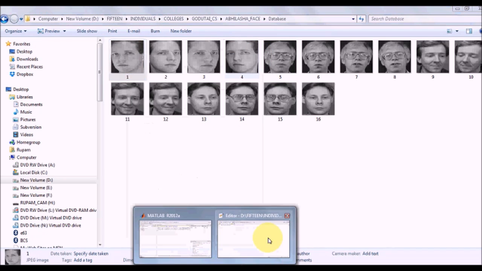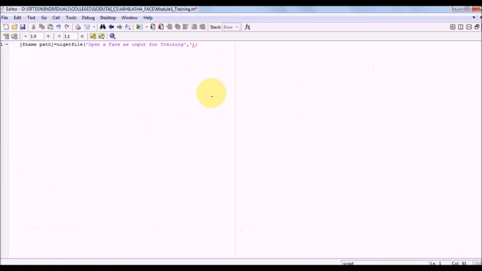So I'll keep star.jpg, so only JPG images will be opened. Because it will return path and fname both, file name equal to path comma fname. IM equal to imread fname. Then imshow IM, and title,